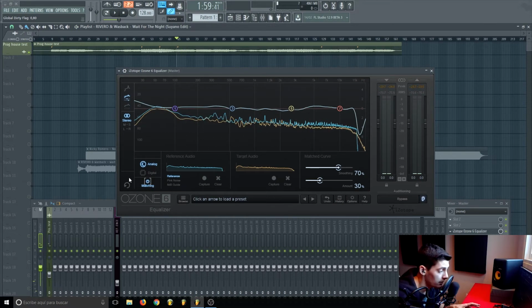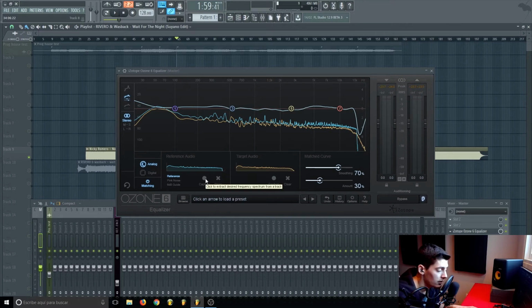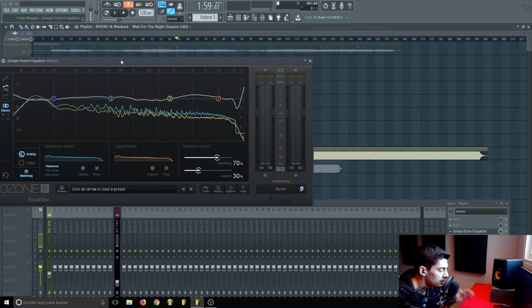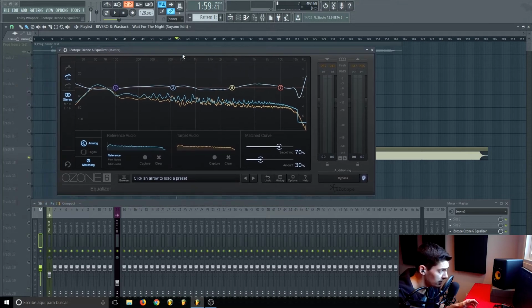And see which one I like more. I prefer the one with Novo, so I'm gonna do it again. Okay, so the thing is that MP3 tracks have a cut at around 15k, 16k, and I don't want this